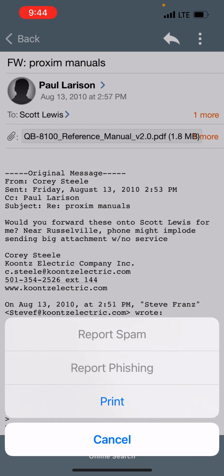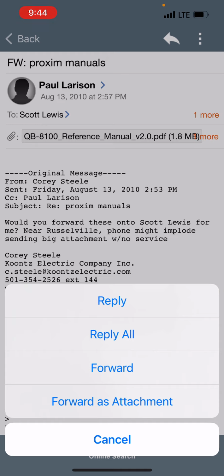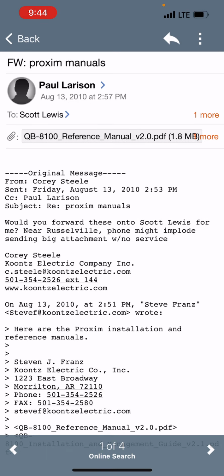So the print function is going to be if you are attached to a printer, but also this software works on your laptop as well. But just being a mobile user here, I'm probably just going to want to forward that email to me, so then I can have the ability to work with it. So the top right arrow there, I would click on that, and then it tells me I can reply back to Paul Larison, reply to all if there was multiple, forward, or forward as an attachment. So I'm going to hit forward as an attachment,